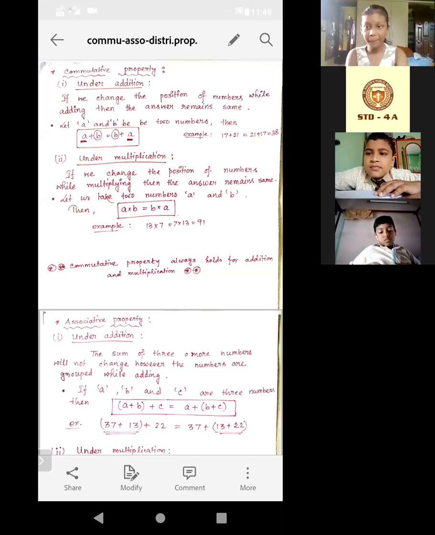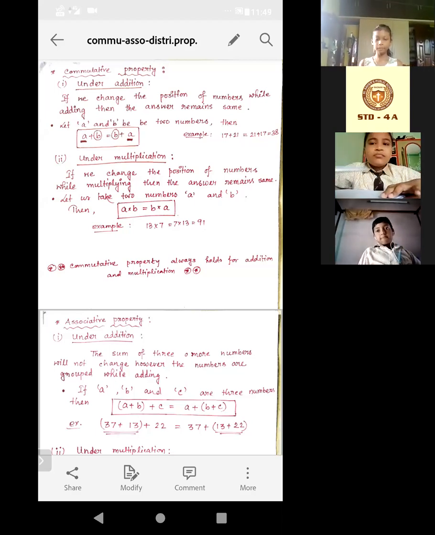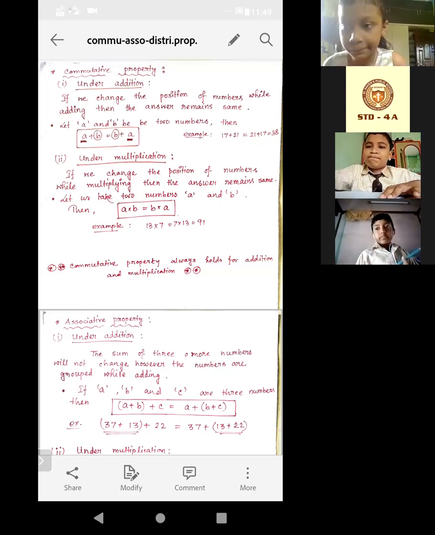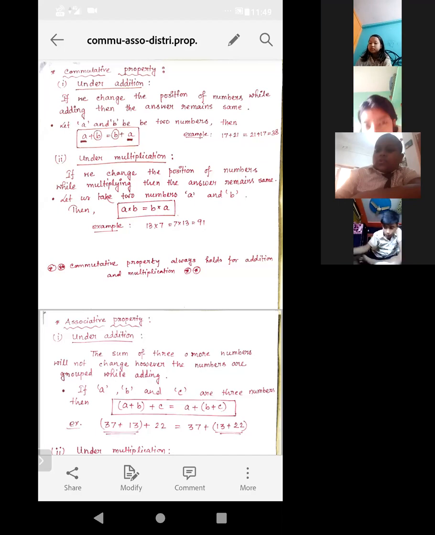Acha. Look, basically there are so many rules under so many properties under addition and subtraction, and also multiplication, division. But we will know about only those properties which are in your syllabus, okay? Is my voice clear to all of you? Just shake your head. Acha, okay. We only learn those properties which are in your syllabus. Now just let me explain this one.